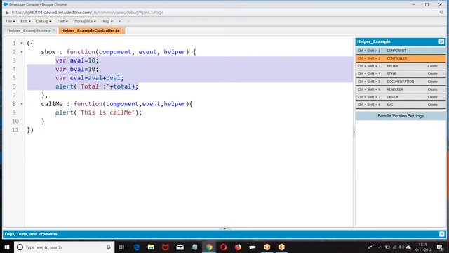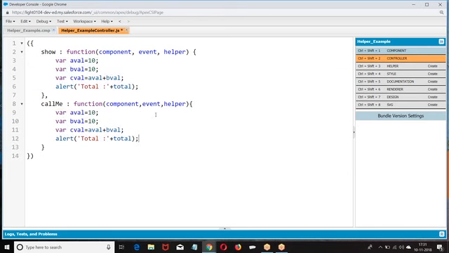So what is happening? If you are having the same repetitive code, then why are you writing it twice?